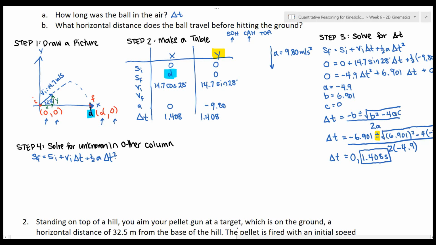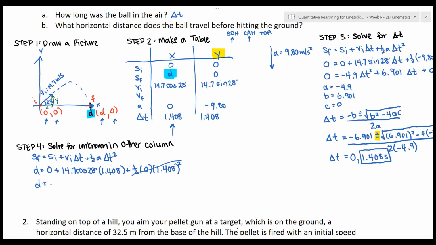And now we're going to substitute everything that we know. So s final, we labeled it as D, so that's what we're going to put in here, D, equals s initial, which is 0. Remember, we're only looking at this x column here. We're looking at the numbers in this column, plus v initial, which is 14.7 cos of 28 degrees, delta t we know what it is, 1.408, plus 1/2, our a value is 0, and then delta t squared, 1.408 squared. All right, so everything in this term goes to 0 because 1/2 times 0 is 0, and 0 times anything is 0. So now we can just type everything on our calculator, and we get d is equal to